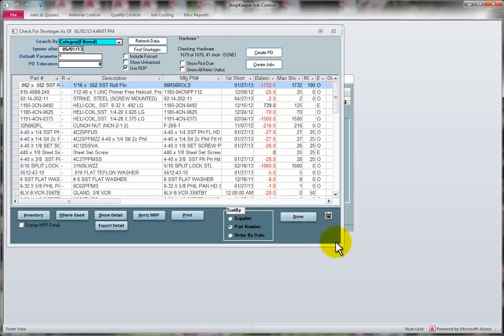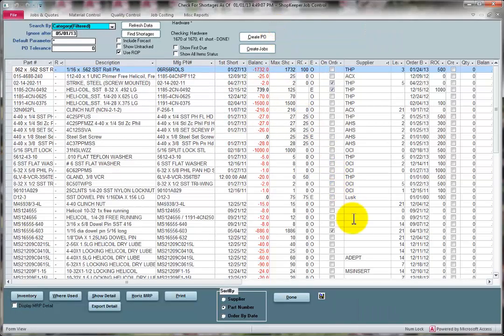So let's expand the screen a little and look at the details. Part numbers are all lined up with their descriptions and the manufacturer's part number, the first date where the shortage is going to occur, and the biggest balance at any given time that's going to occur, at the end of the run. And so then we also have a balance, the maximum amount that's going to be short. And then this is the